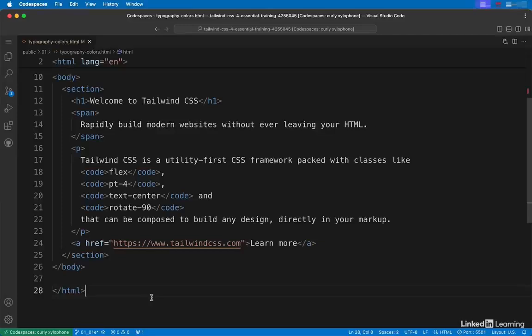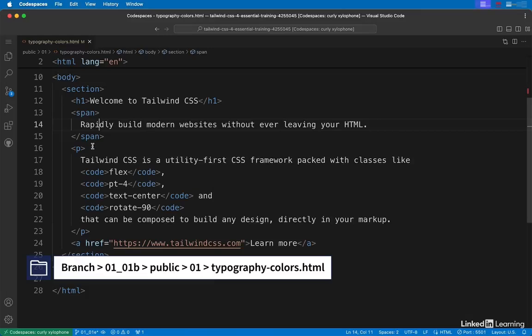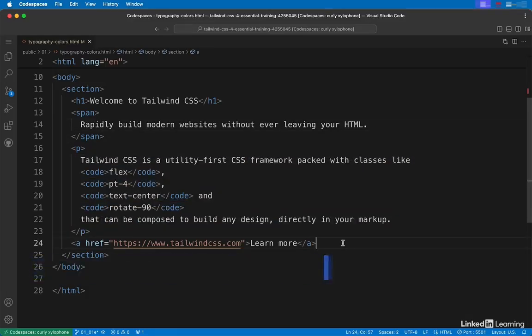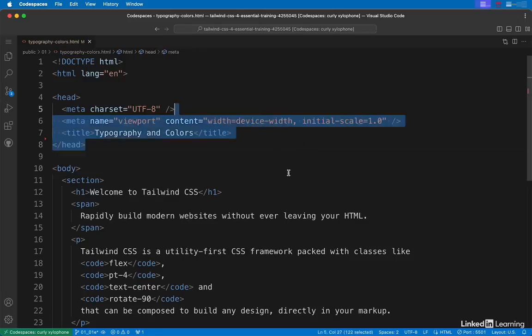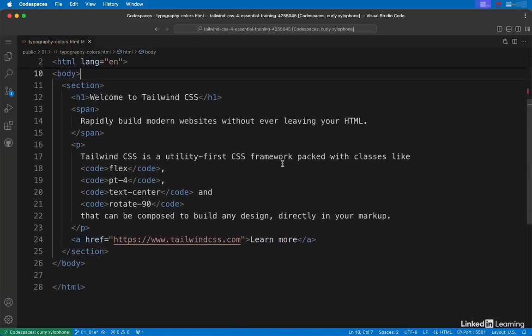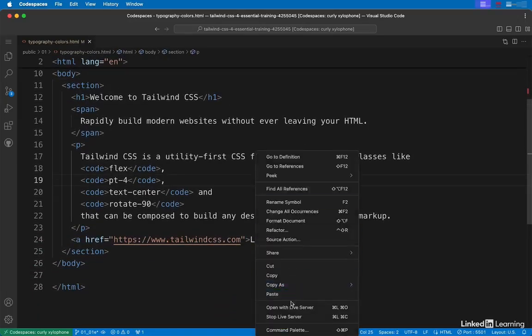Let's start with some simple HTML. We have a heading, a subtitle, a paragraph of text, and a link. If you open this in the browser with no CSS applied, let's see what it looks like. Right-click, open with Live Server,